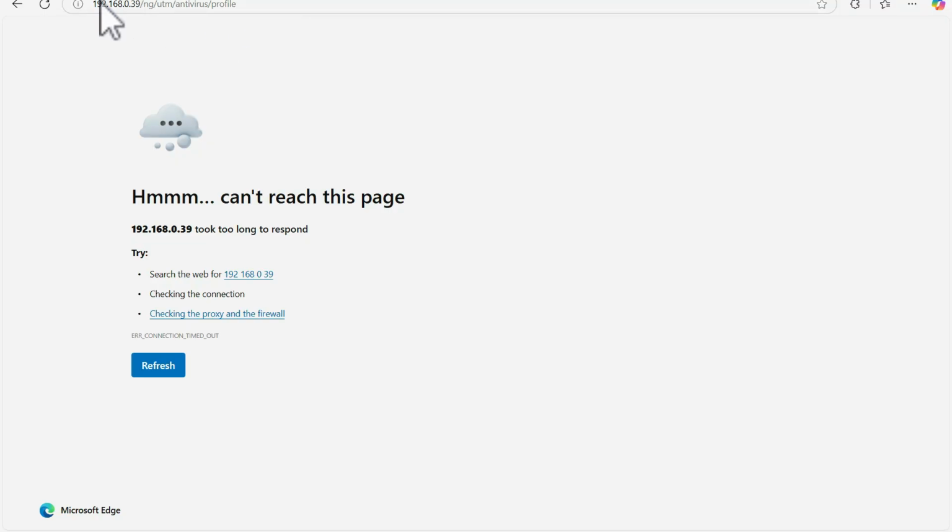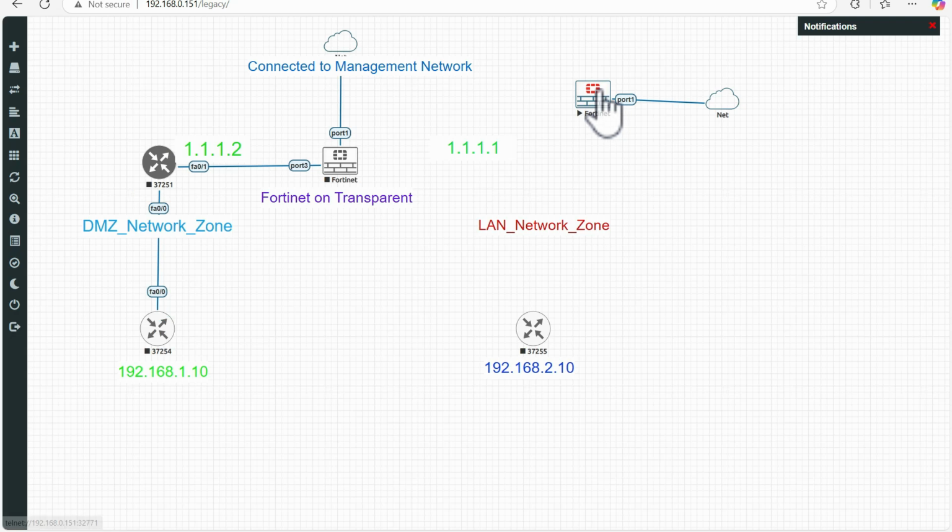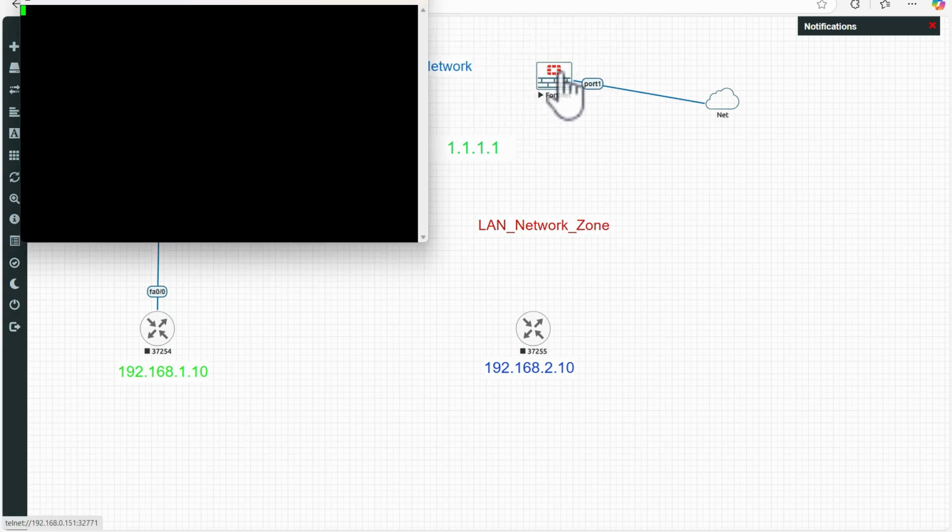I will log in to my FortiGate and we'll see it. Let me take the IP of the FortiGate.